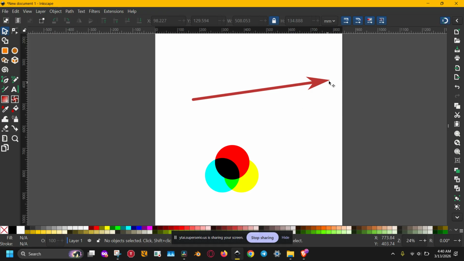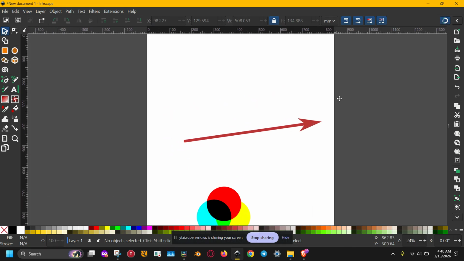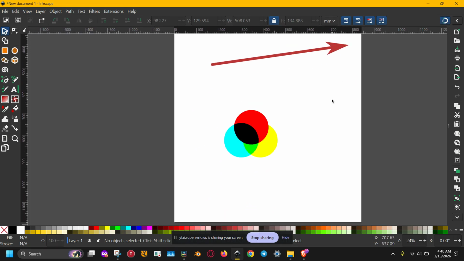This guide is updated for the latest version of Inkscape and will cover every method from mouse shortcuts to keyboard